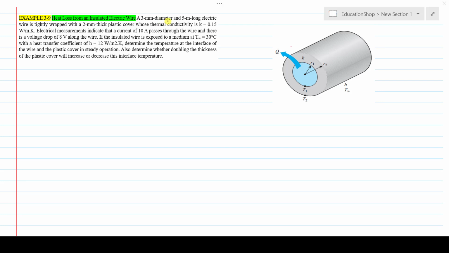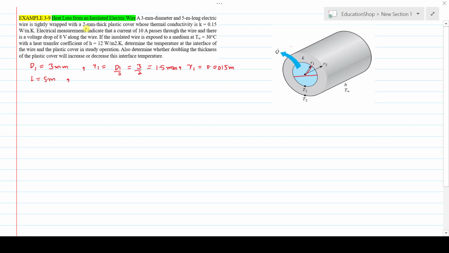The 3 millimeter diameter of this wire is given, let's say D1, that is 3 millimeter, and the radius of this wire is R1, equal to D1 divided by 2. It is 3 divided by 2. We will get its value, that is 1.5 millimeter. To convert that into meter, just divide 1.5 by 1000, and you will get 0.0015 meter. The length of the wire is also given, that is 5 meter,